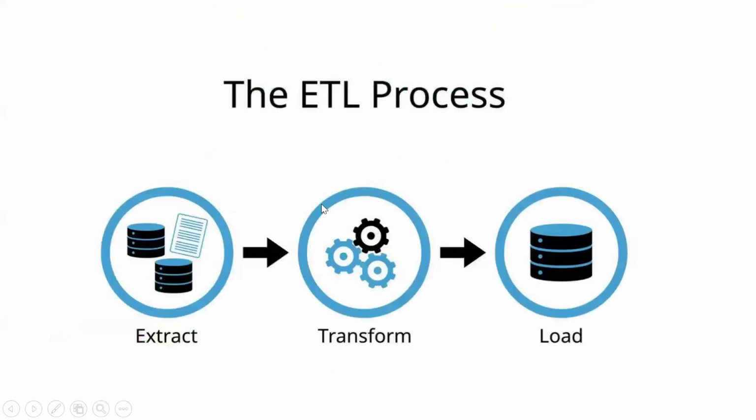Before going to ADF, we need to understand the ETL and ELT process. What exactly does ETL stand for? Extraction, transformation, loading. The ETL pipeline is nothing but extracting data from different sources, transforming the raw data, and loading the transformed data into the data warehouse. Here you need to understand that the transformation is done before loading: extracting the data, transforming, and loading the final transformed data into a data warehouse or data platform like Snowflake, Synapse, Redshift,